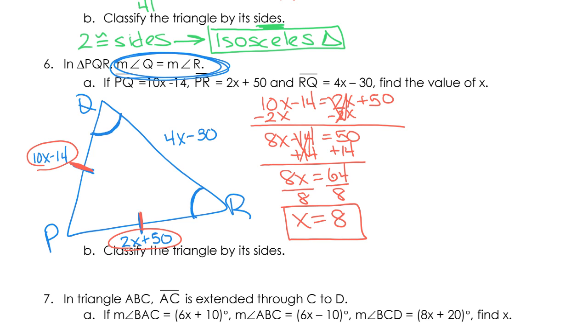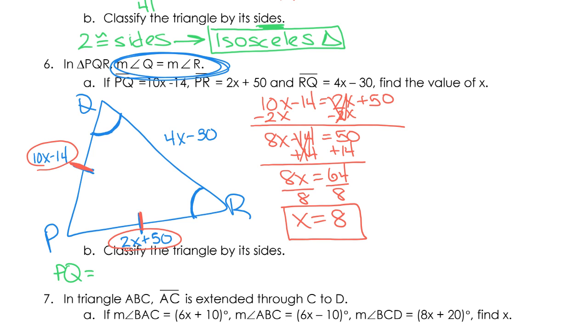All right, so in the next part, it says classify the triangle by its sides. Technically, I don't need to plug in. I know that two of them are equal, but what happens if the third one came out equal? Then I could call it equilateral, but I don't know until I plug in. So I'm going to plug in anyways, but I have a feeling that it's going to be isosceles. Okay, and so if I plug into PQ,